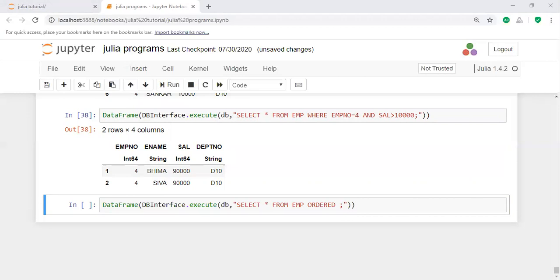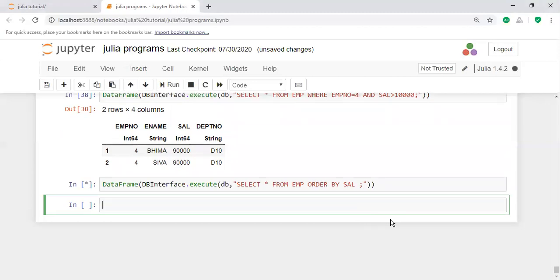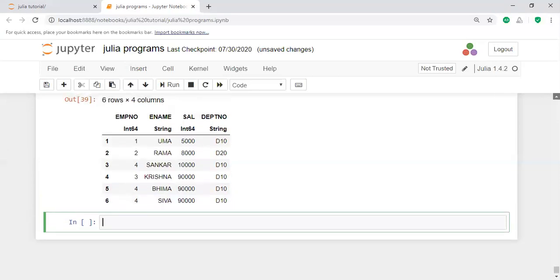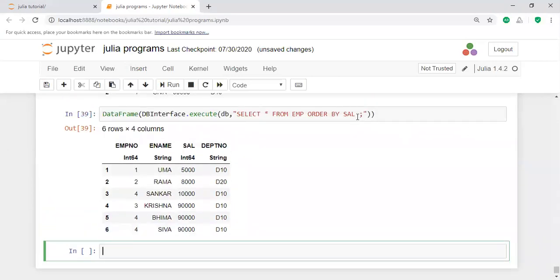The simple syntax is order by salary. That displays the data in a particular order of salary, ascending order by default: 5,000, 8,000, 10,000, and then 90,000 and again 90,000 salary. In this way it will display a particular order.